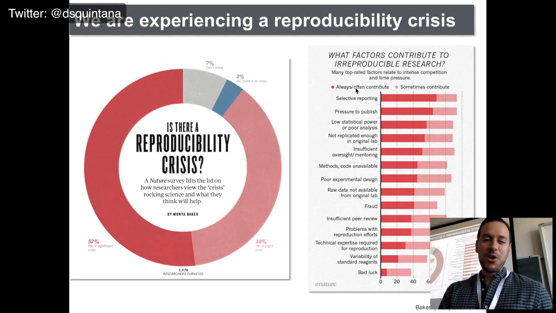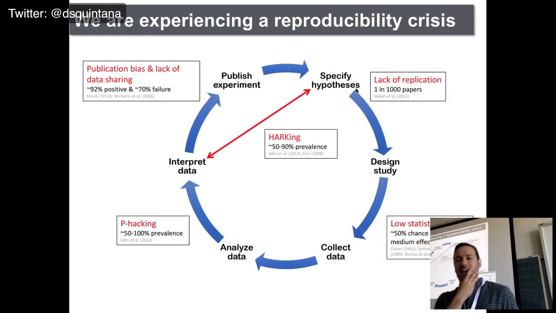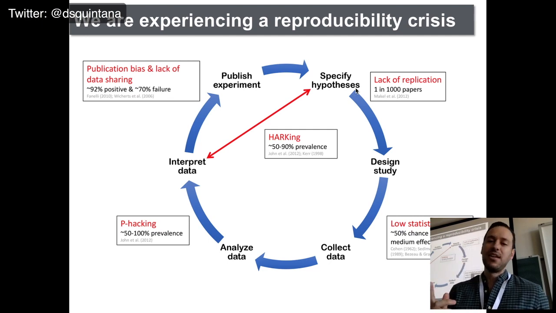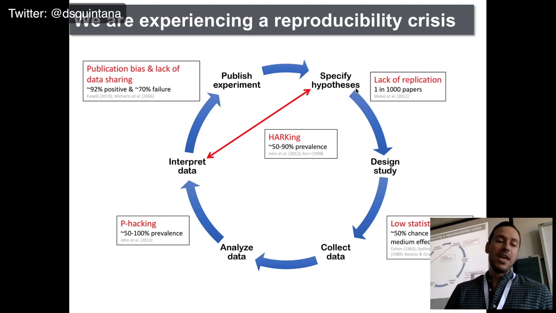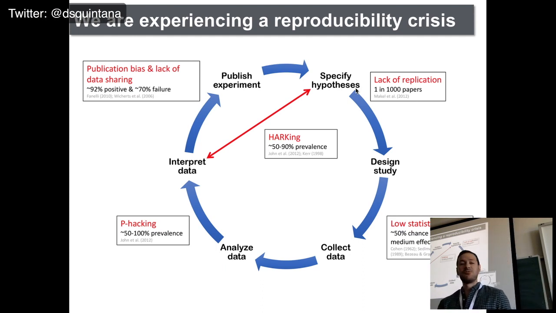irreproducible research as well. And looking back at this scientific method cycle, there's a number of areas that we need to address. Firstly, there's a lack of replication. We also have low statistical power, and with low statistical power, your research is less likely to replicate. We have p-hacking as well, which we're going to get into really soon. HARKing, which is hypothesizing after the results are known, and also publication bias and a lack of data sharing. Once we address all these issues, then we're more likely to get, or definitely going to get, more reproducible research